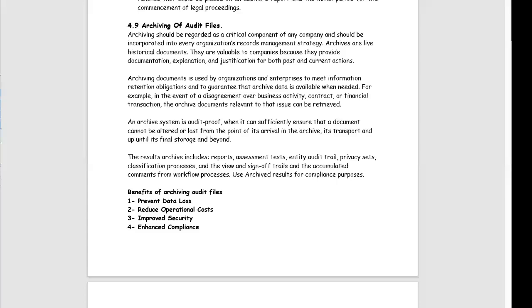angalia kitabu ukiangalia itakuchanganya tu bure, kuna mtu mengi. So